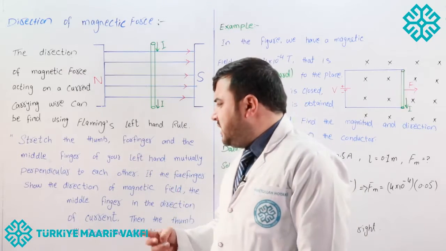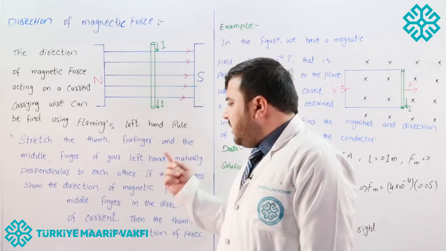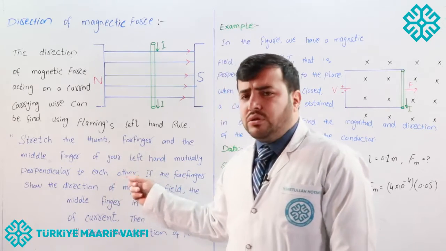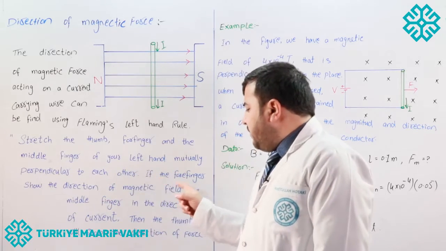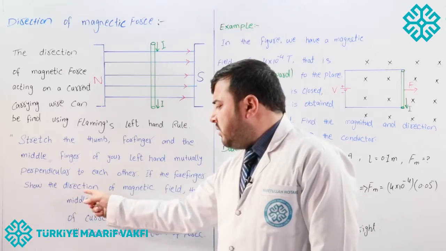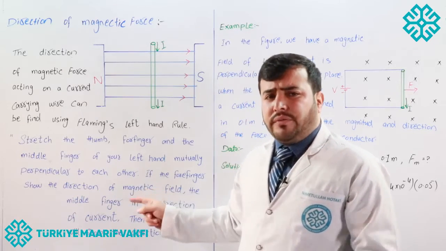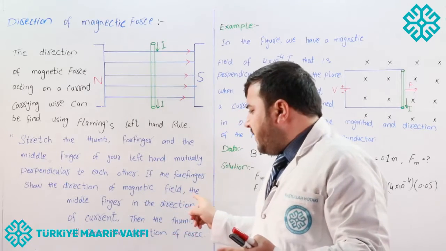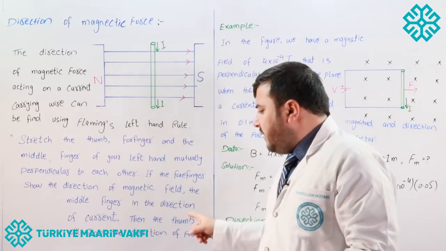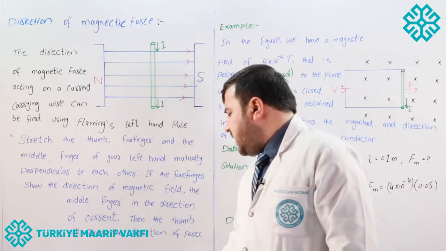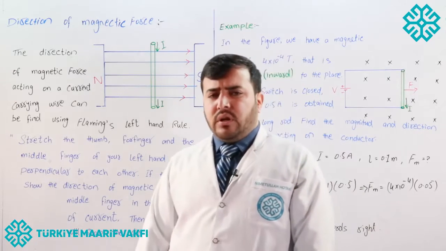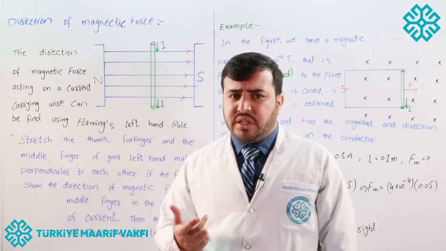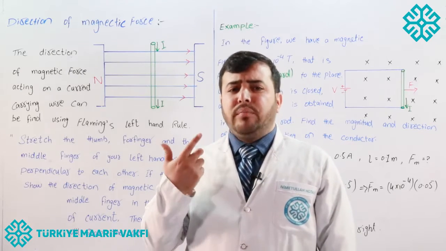Stretch three fingers, that is thumb, forefinger and the middle finger of your left hand, mutually perpendicular to each other. The forefinger will indicate the direction of the magnetic field, the middle finger the direction of current. Then the thumb will indicate the direction of the force. So this was all about finding the direction of magnetic force acting on a current carrying wire placed in magnetic